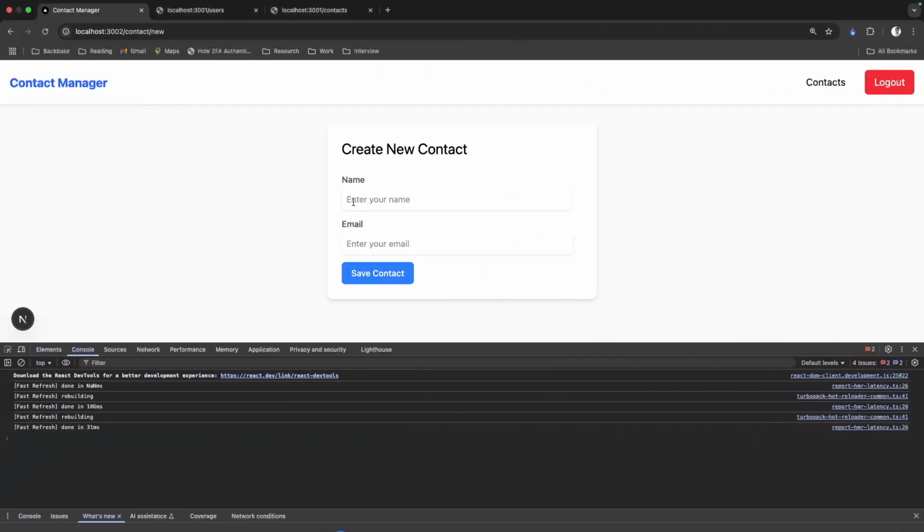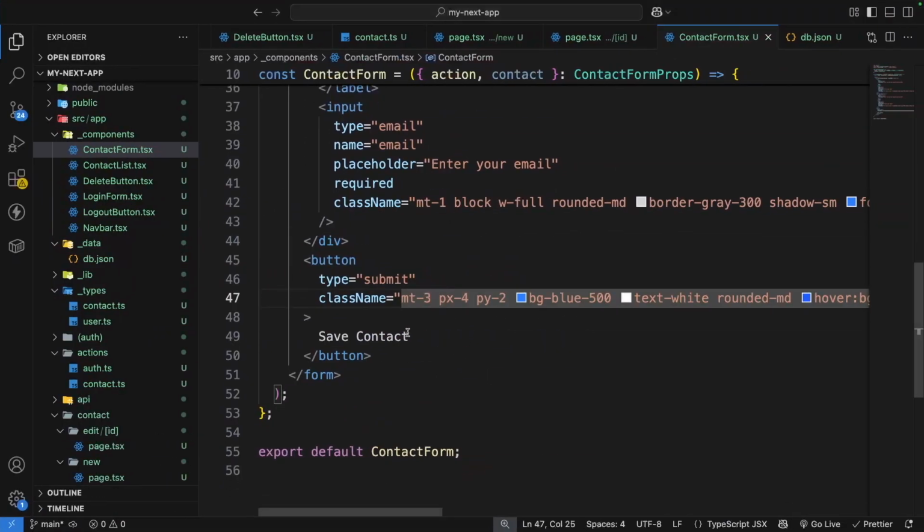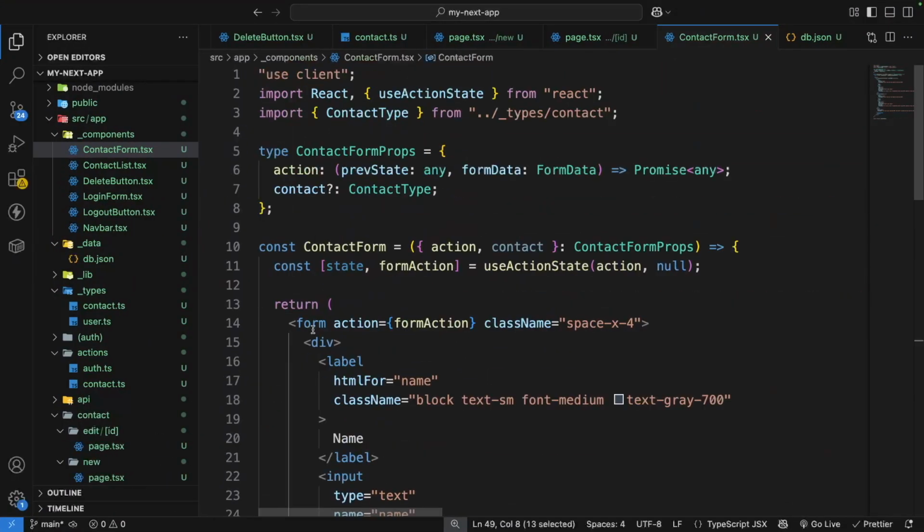Okay, so we have a space here. Let me add a new contact. I'm going to have Dipesh@gmail.com. Now what will happen is when you click on the save contact, it is going to call